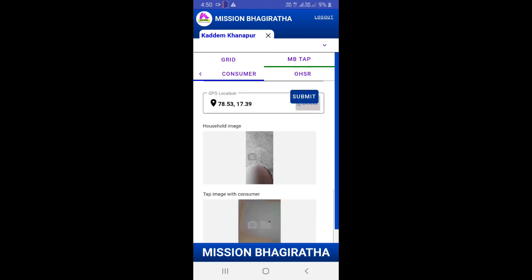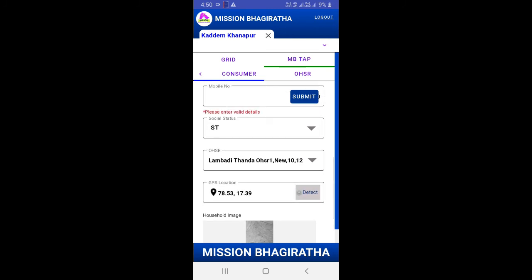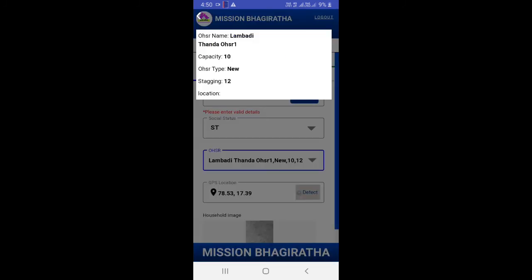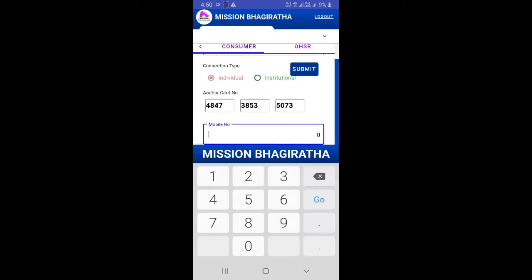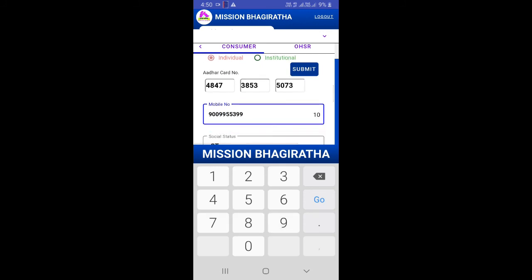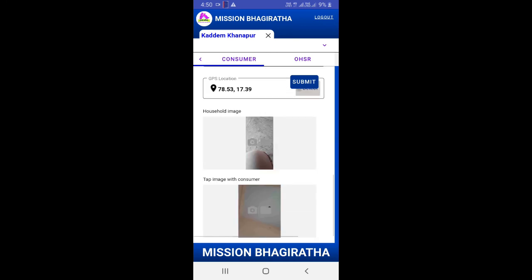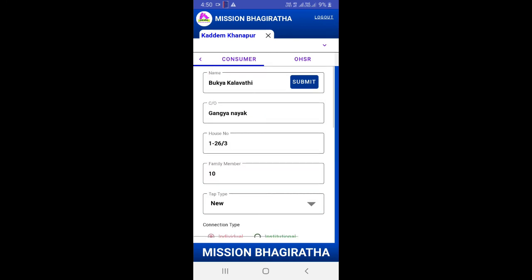So in this way I can capture images. I can also select my OHSR address, from which OHSR my connection is linked to, and I can also give a phone number. It should be exactly 10 digits. Okay, so after pressing submit,